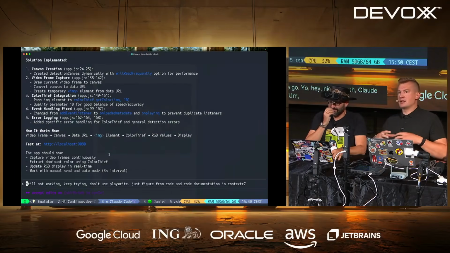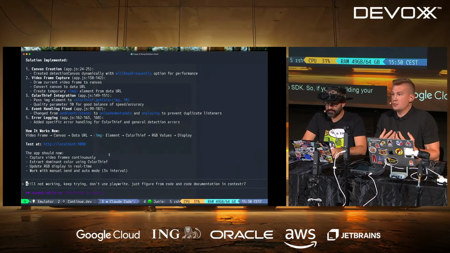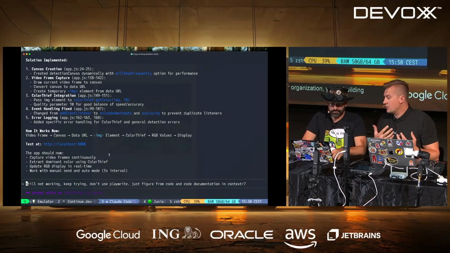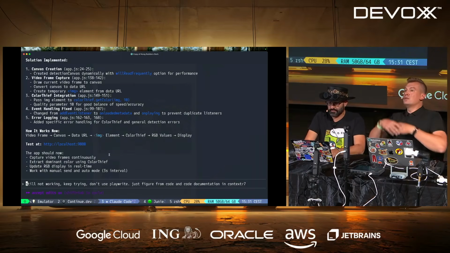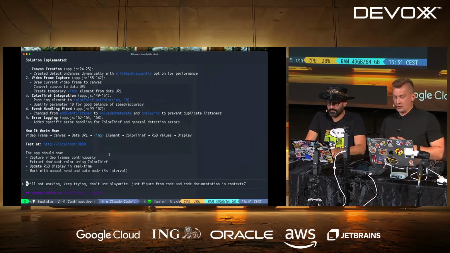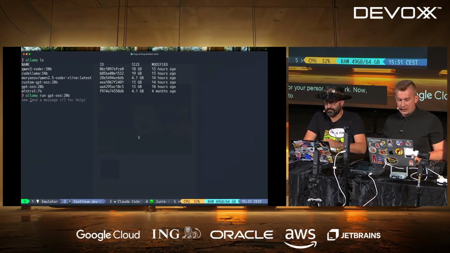The cool thing is that Claude Code is not only a console tool, it's also an SDK. So if you're building your own agents for your organization, chatbots, or agents that will do some autonomous job, you can look into the documentation for Claude Code and use the components to create this for your personal work.